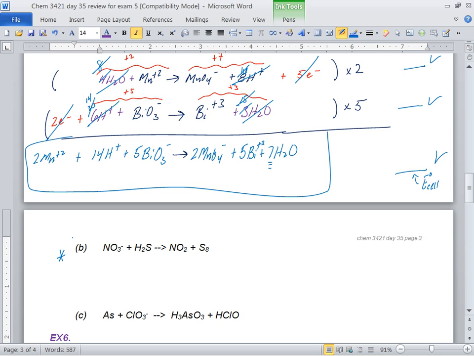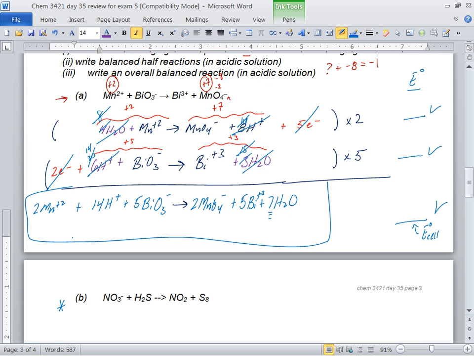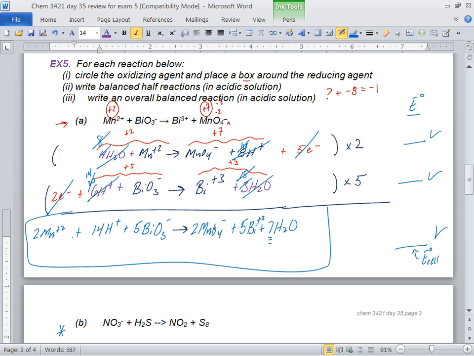So remember the first step was they wanted you to draw, what was it? Circle the oxidizing agent, place a box around the reducing agent. So do that first. And notice how, if you look at this, I would mess with the sulfur. Because if you mess with the nitrogen, because your choices are either sulfur or nitrogen, right? Those two elements, they're the only ones that are going to be changing their oxidation state. So if you pick the nitrogen and work with that compound, you have to calculate it on both sides. But the sulfur, you don't, because S8, you know S is